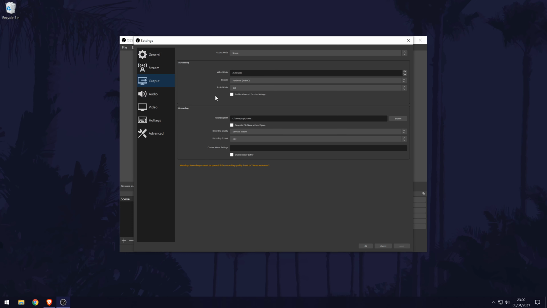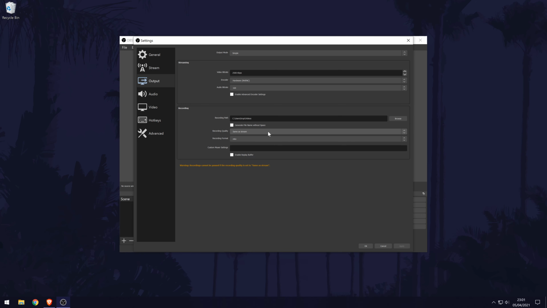We can change a lot of the quality settings in here for both streaming and recording. You can change the stream quality settings at the top. These will depend on your internet connection and you'll probably want to test this to find out what works best for you, as if you increase the quality too much, your stream will lag. Below the stream quality settings, you can change some of the recording settings.